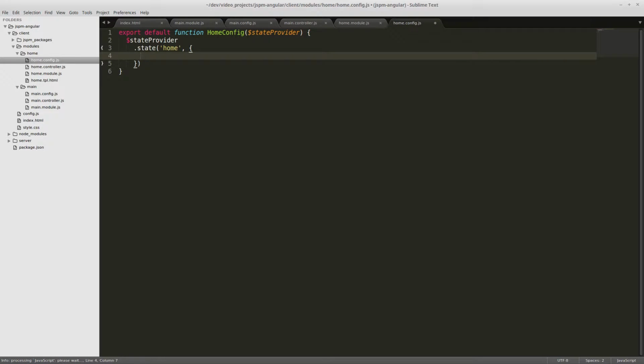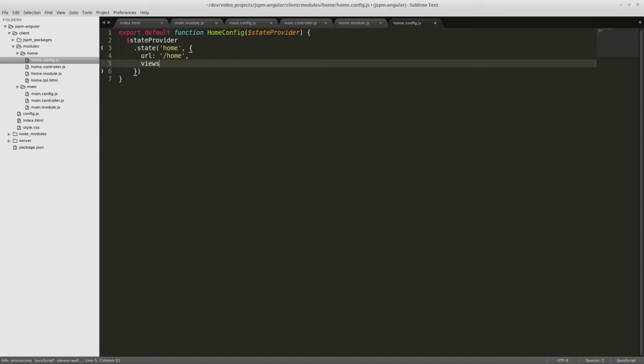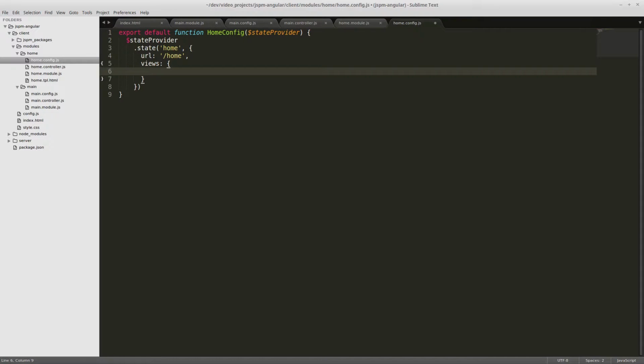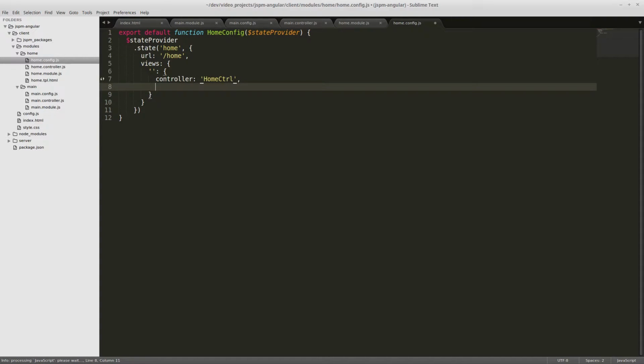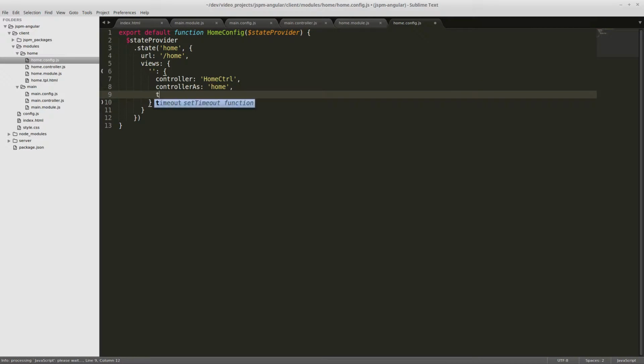We'll give it a URL of /home. We'll give it the views, the default view, and we'll give it a controller of home control. We're going to use controller as. We'll call that home, and we'll give it template URL